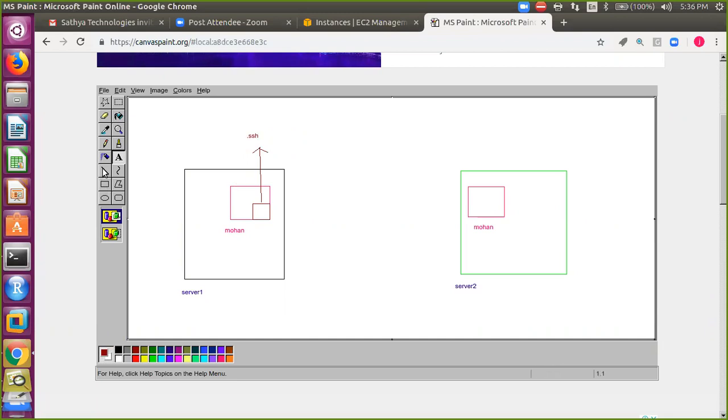Within this .ssh, it will create one public key and one private key, two key files.